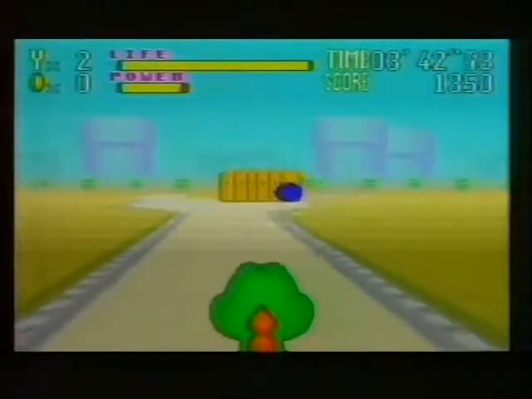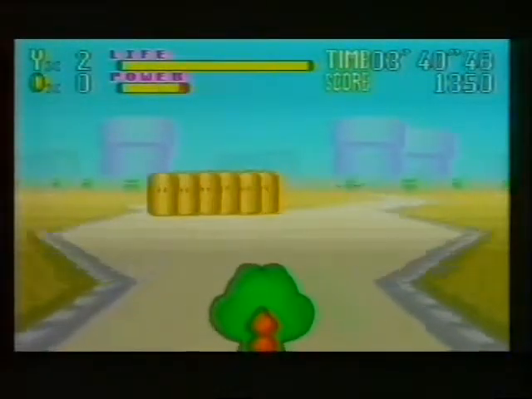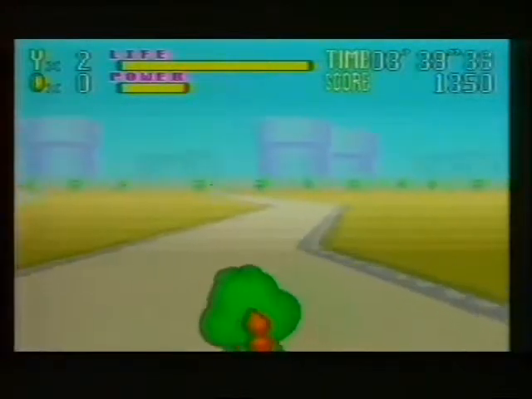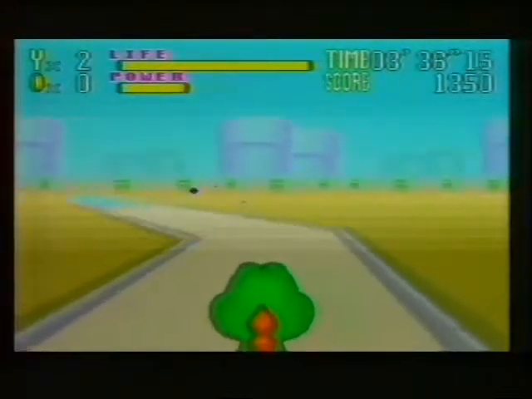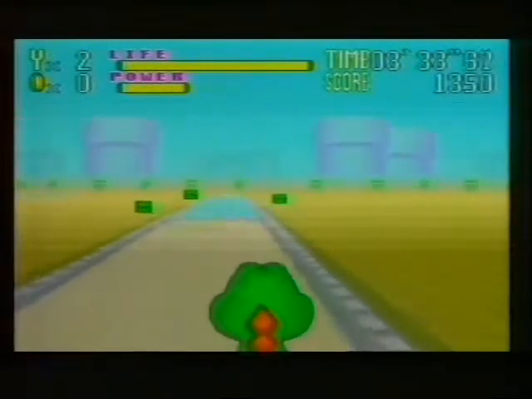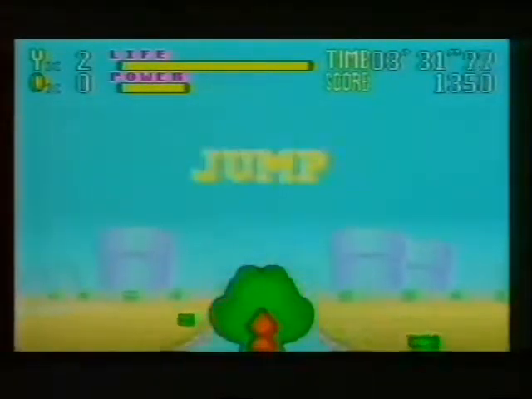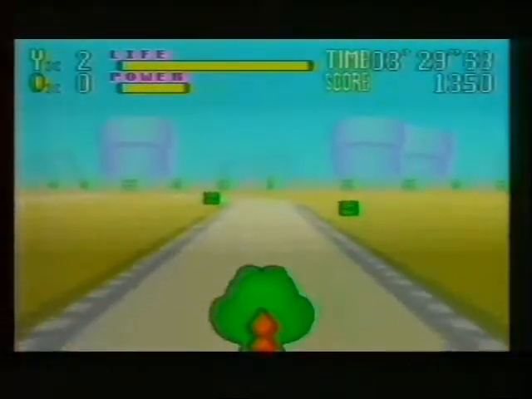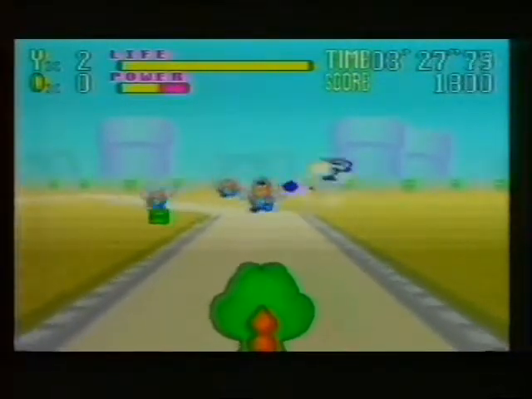Here I've got through to stage 3. The gate I'm about to blast lets me choose different routes to finish the level. I also have to jump over these ice barriers. If you don't actually make the jump, then you skid over the ice and it drains your energy quite a lot. The game scrolls like Mario Kart, but it's nowhere near as much fun to play.